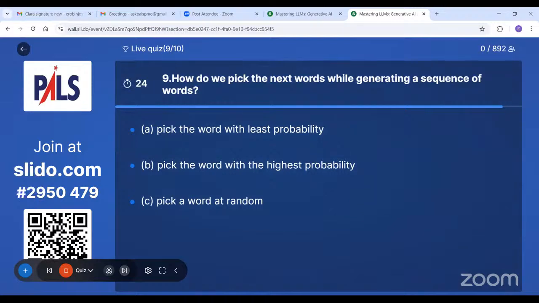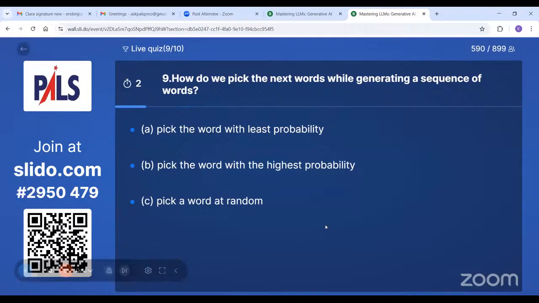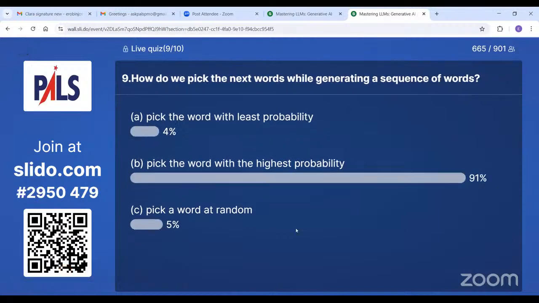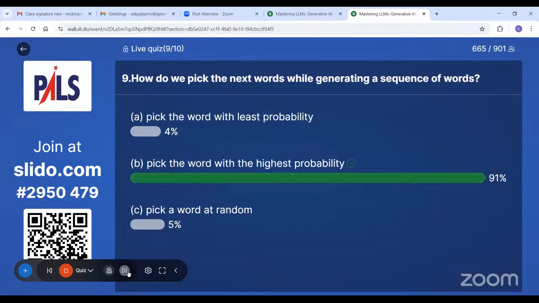Ninth question. How do we pick the next word while generating a sequence of words? You have three options. Pick the word with the least probability, with the highest probability, and a word at random. Okay, 91% answered B, very good. The final question.